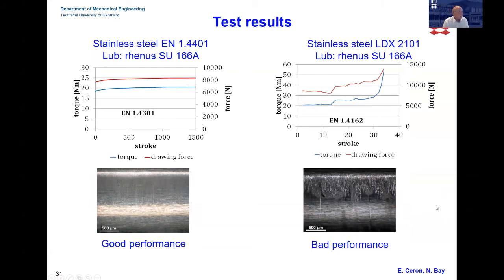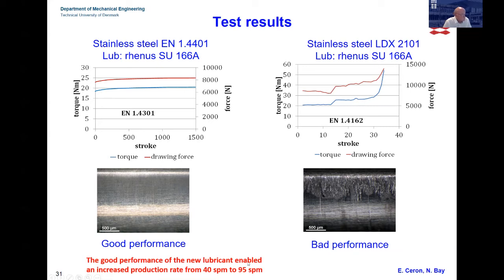This slide represents some test results. We have here test results for the steel used by Grundfos in the production, and it's lubricated with an environmentally friendly oil from Rhenus. And we see the blue curve representing the torque is very stable throughout the 1,500 test strokes. And that goes for the front tension as well. After 1,500 strokes, we have a very nice tool surface with no sign of degradation or pickup, and the good performance of the new lubricant